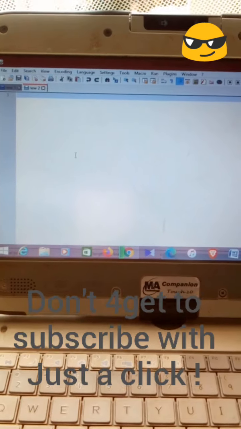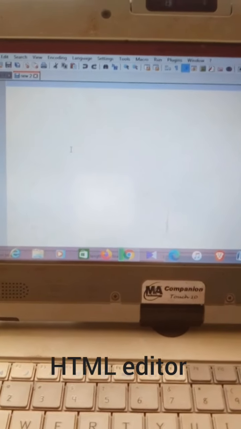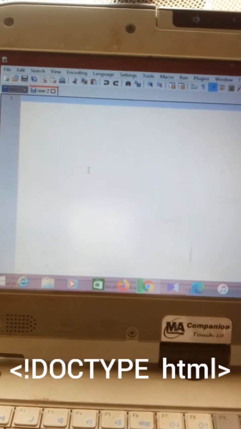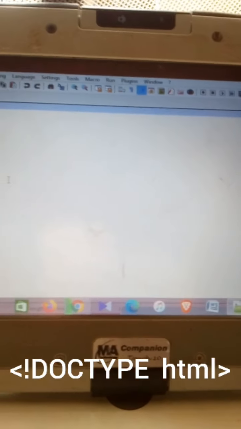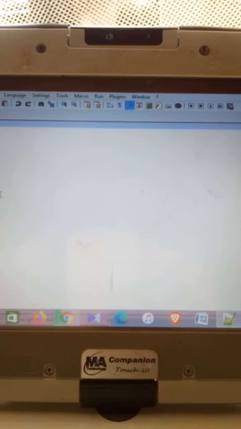Hello. This is the HTML editor I'm going to use to show you what I meant in my previous episodes. Currently, I want to create a new document or project, and I believe you guys are following me right now. As you can see, I said that the document type declaration is the first one placed on the page. It shows the version of the HTML being used, just like what I want to do now. I'm writing the document type declaration,